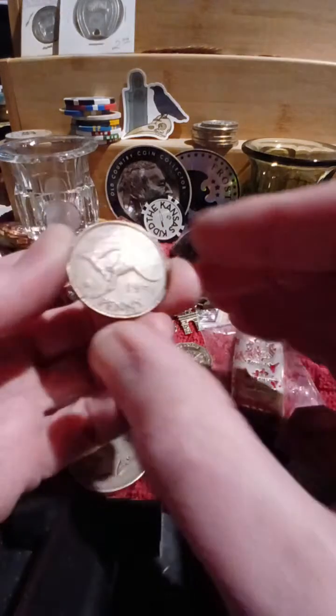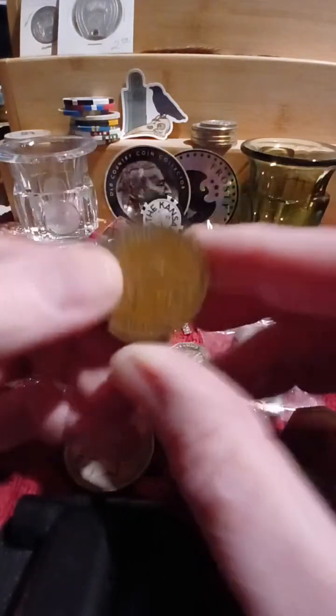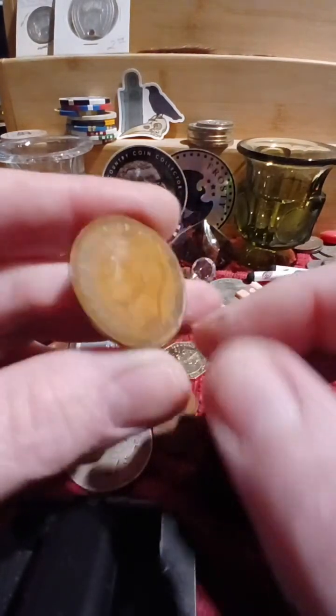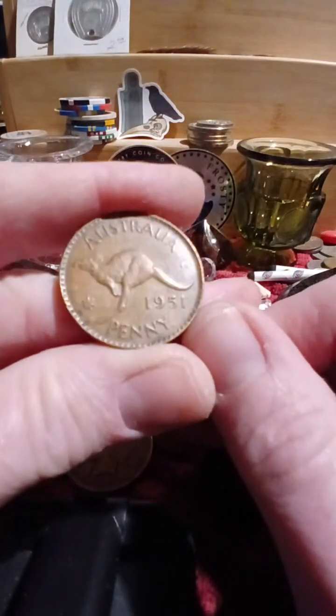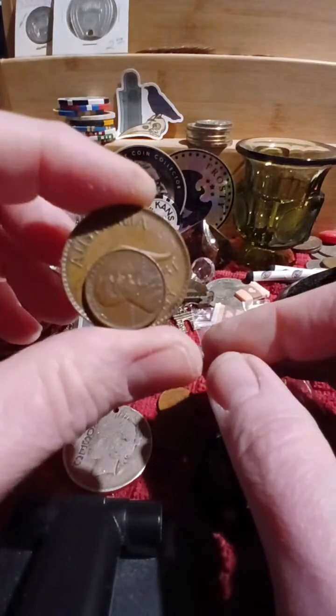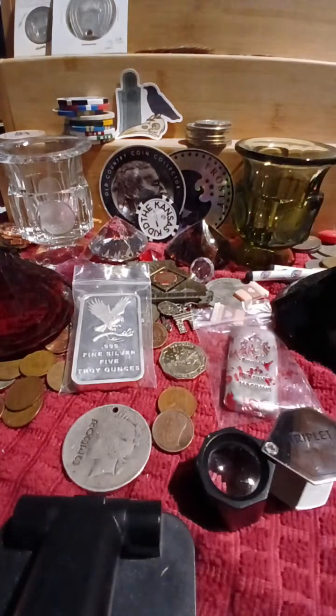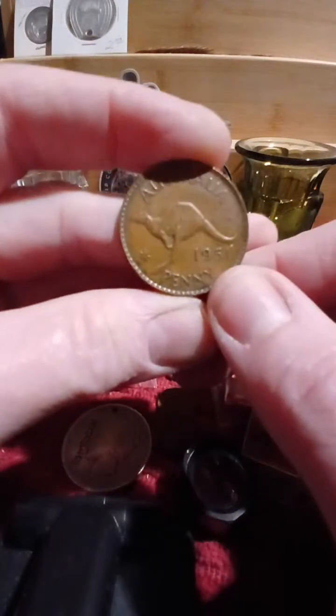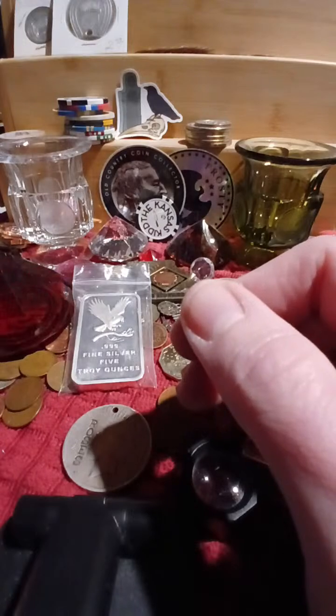Now, either the Australia 51 penny or the half penny, I was told, is a little bit lower mintage. I haven't really looked it up. But that's how big they were making their pennies compared to our pennies. Huge size difference. But I don't know. I got that pretty cheap. Rural coins around here you can buy. One coin dealer, yeah, it's a kangaroo, all right. That's what they put on a lot of their coins, kangaroos. If I had a kangaroo silver piece, it would have a kangaroo on it, very similar to this. They make them in stackers and other ways too, but